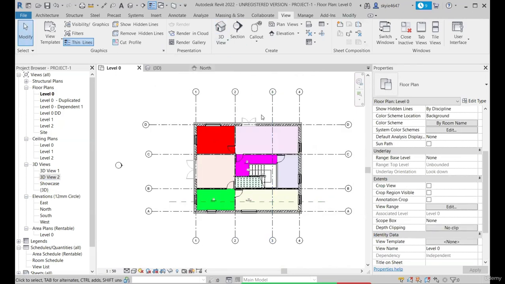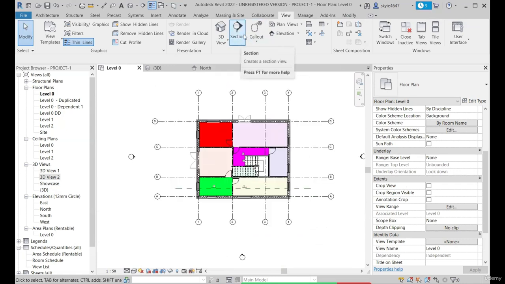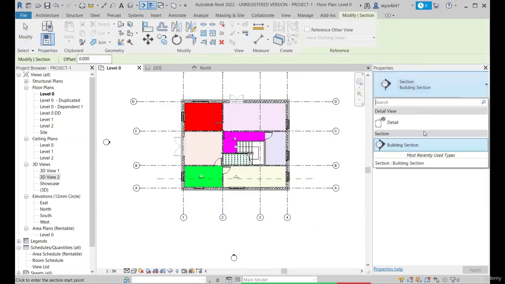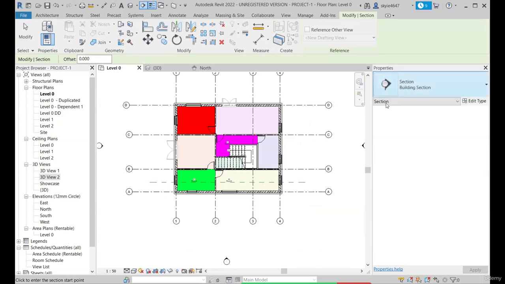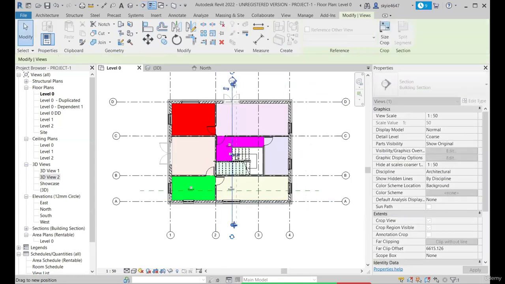Now let's get started with sections and callouts. For sections, we can access it from here, or we have a shortcut in the quick access toolbar. For section, all you need to do is select it from the properties. We have two types of sections, a detail view and a section. First, let's understand what a section is: basically a cut between the two points that you wish to see, and the